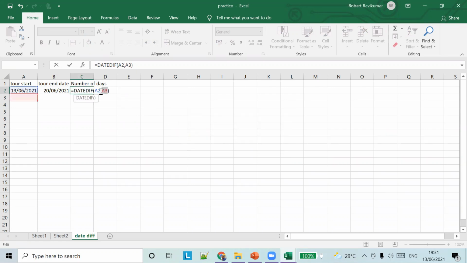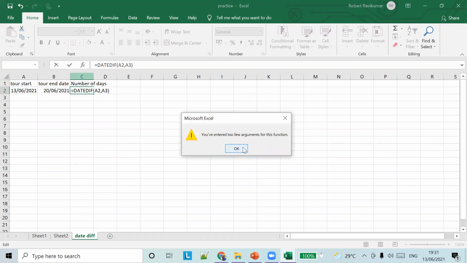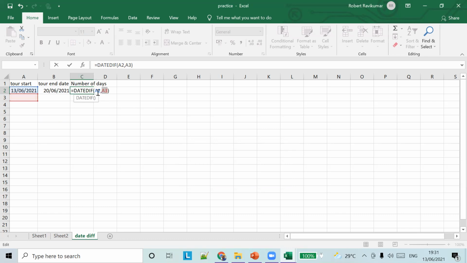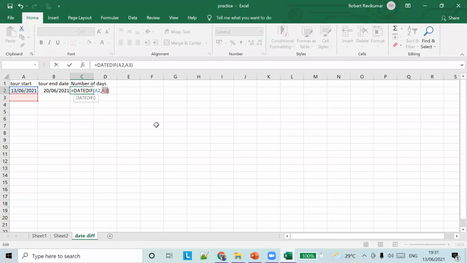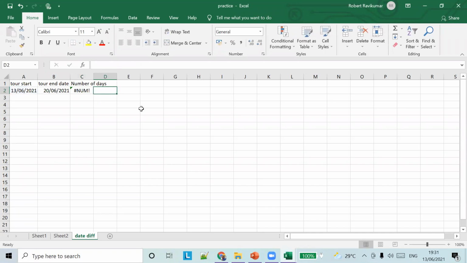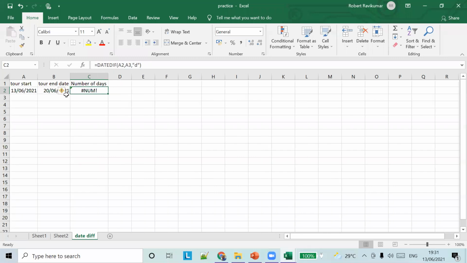So it says we have entered a few arguments for this function. That means it expects one more argument and we have not passed it yet. Okay. So we have to pass the date. Okay. Equal to D will give you the number of days, I think. Okay. Comma, date. Why is it failing?